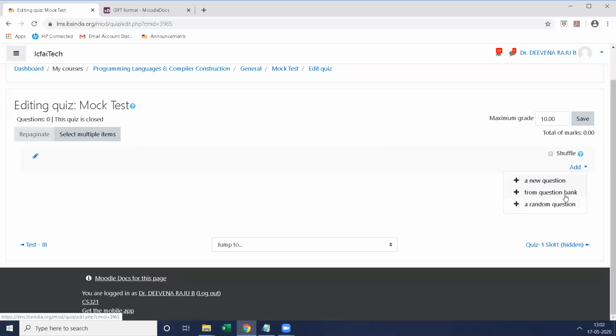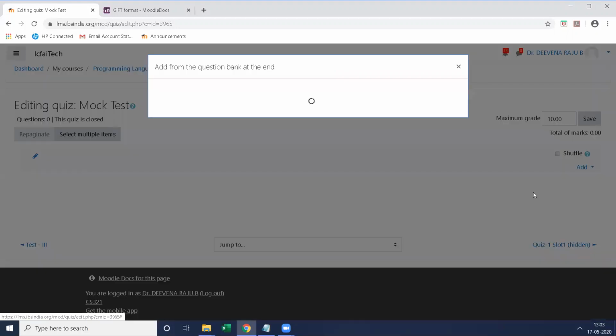You can add questions on your own by typing them in, or from the question bank. We already created a list of questions and added them to the question bank. So choose the second option, from question bank.